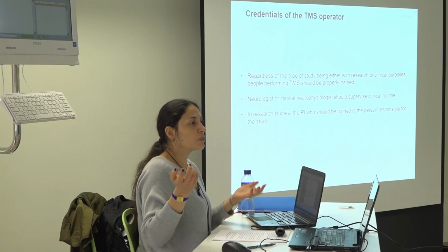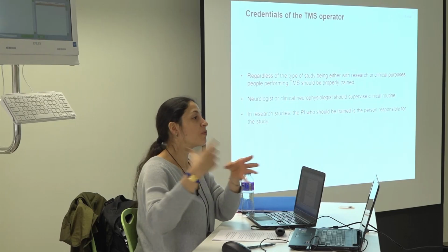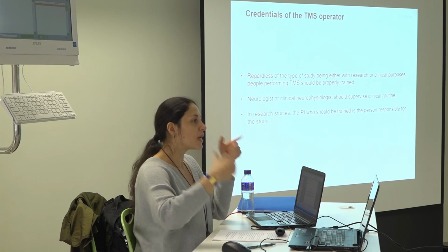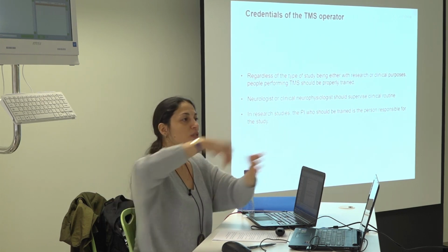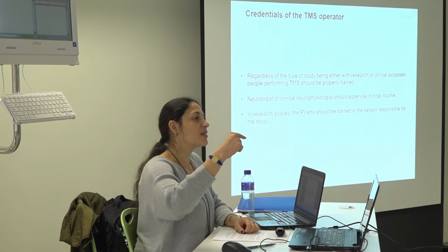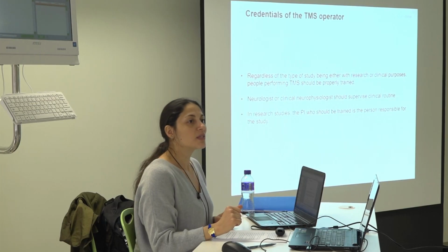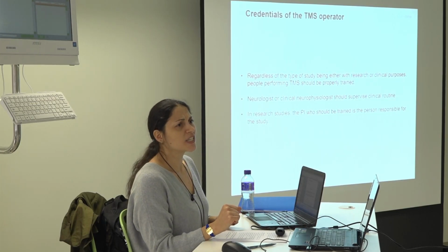So provide training. One way to provide training when you have your students, once you know how to do this, and I would recommend doing that, is to bring two, three people and do three, four sessions before starting your proper experiment. Test with other people. Train between yourselves. Do the test, take measurements, see how it is, and test things. Don't do the experiment straight away, like, okay, she taught me how to put the coil, tomorrow I have my first measurement. No, that's irresponsible. And normally this data is not valid.